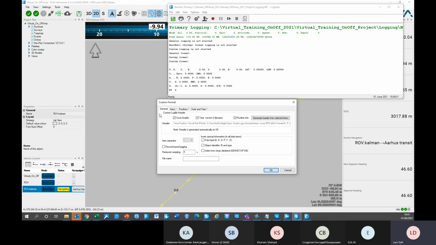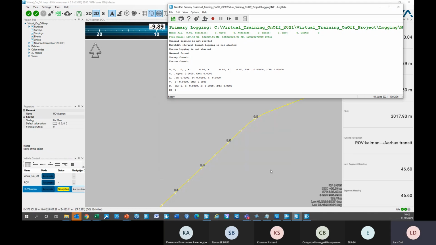Go to the general tab, and then you can enable these settings here. Save header, include time, version, and file name, and runline info. That's always nice to have all this information. And then generate header from selected items to see what the header actually looks like. You don't have to press this to actually create a header. This is just to visualize the header here. So I will accept this, save the settings, and then